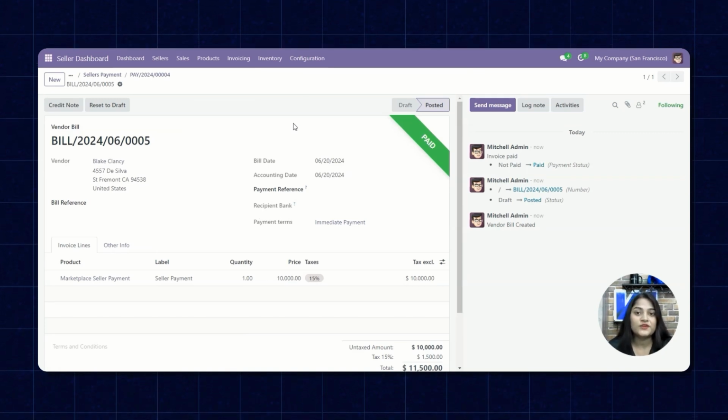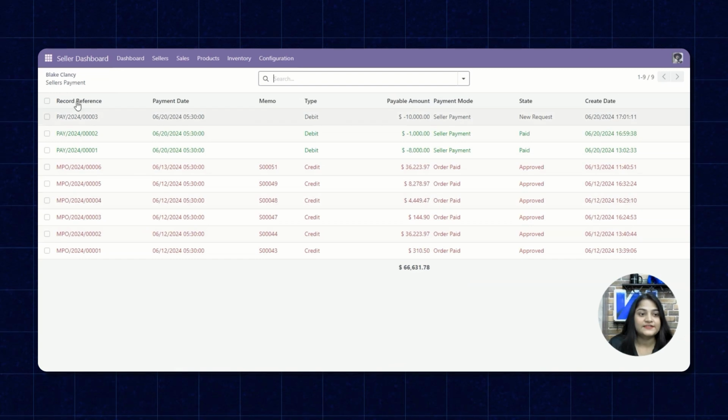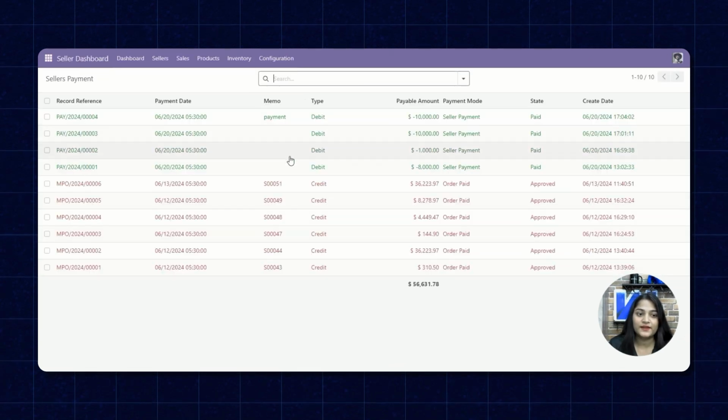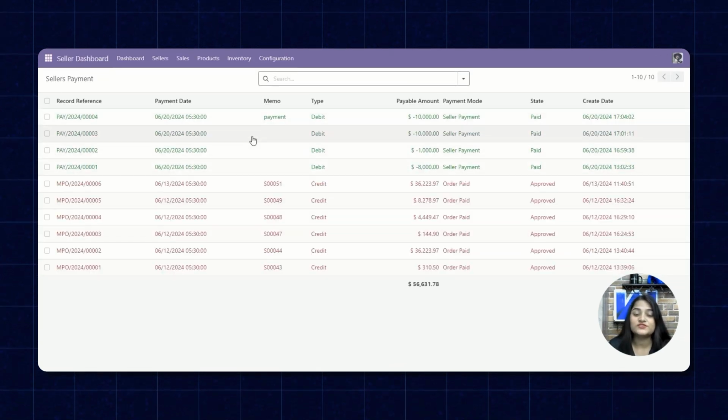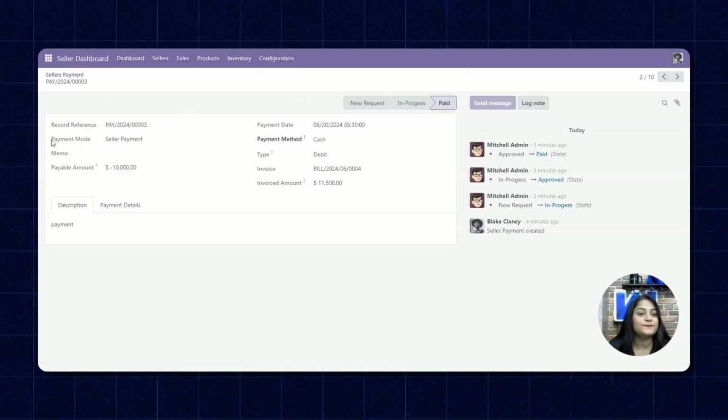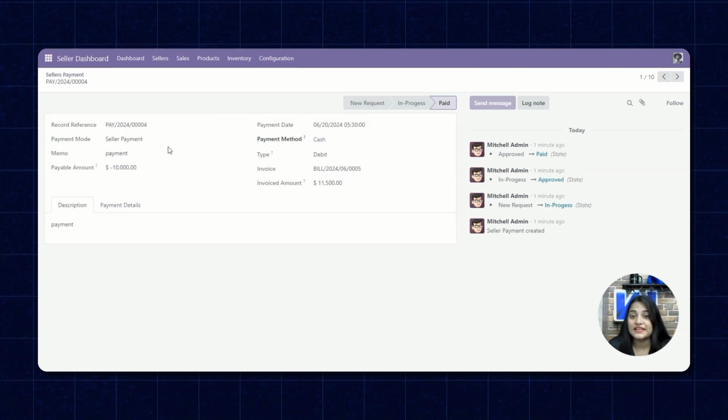Now if the seller wants to check this payment at its seller dashboard, the seller can check. Let me show you that. Here we are back on the seller dashboard. We'll refresh this page from there. So here you can see the request which we have raised to the admin for the payment is fulfilled by the admin. And the payment the admin has made to the seller from its own is also mentioned here. So this is how you can raise the request as a seller and fulfill the request raised by the seller as an admin.